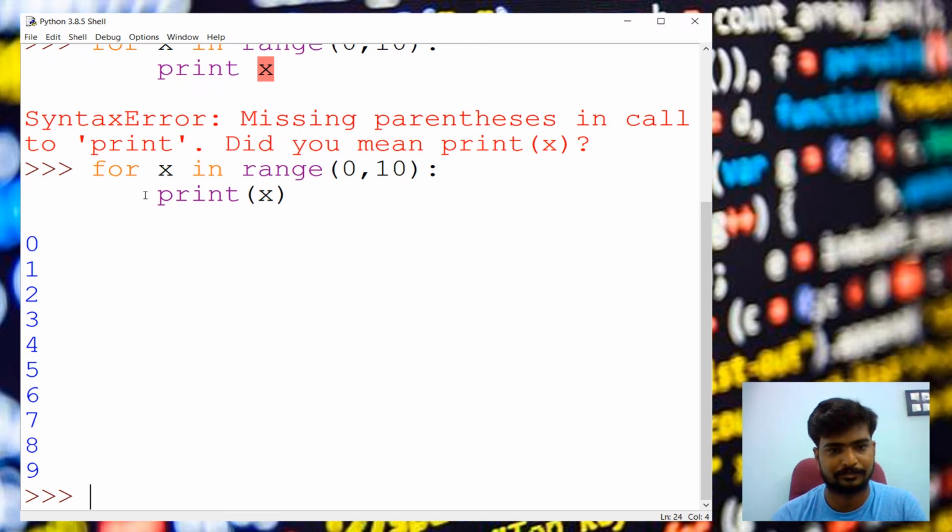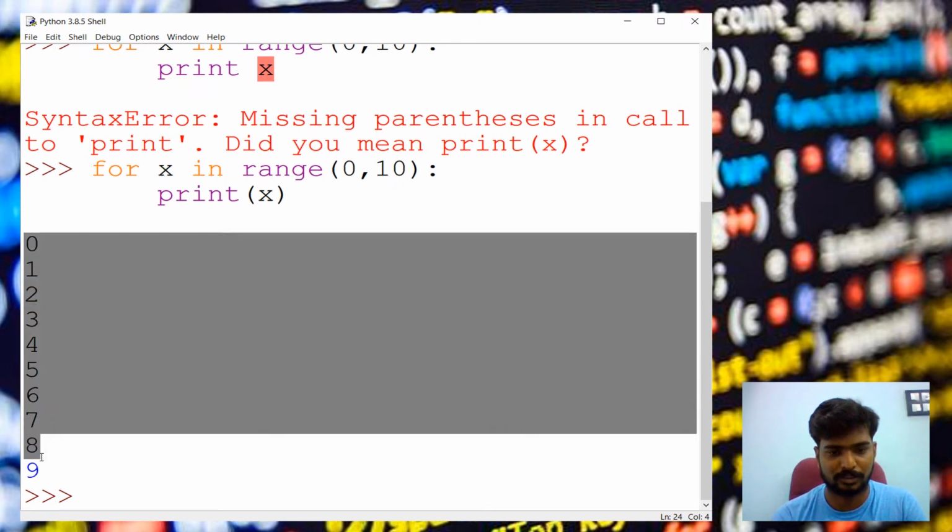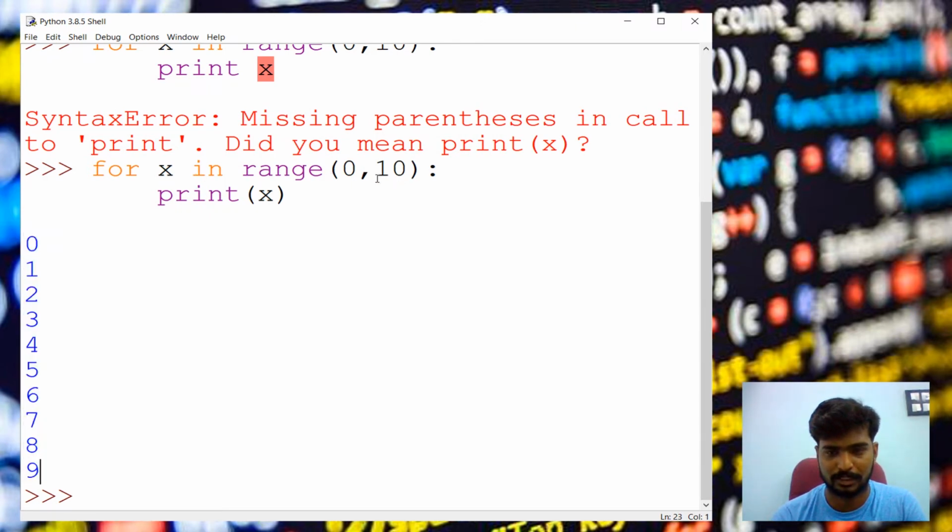You can see from 0 to 9 we got values, but it is a method called range having two parameters. We will see range having three parameters.